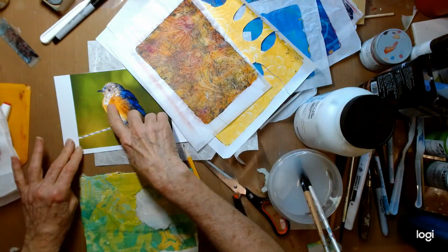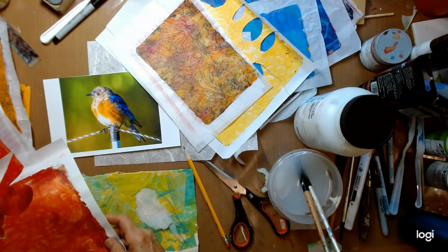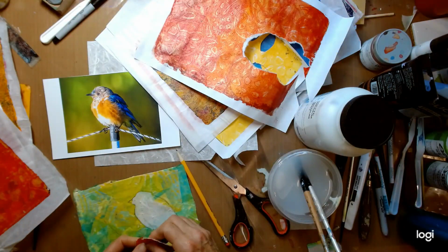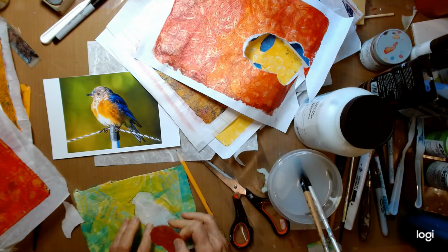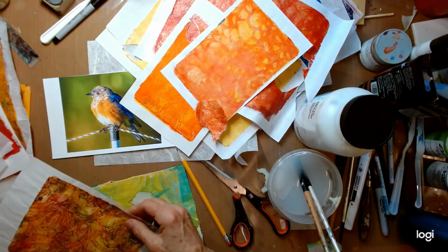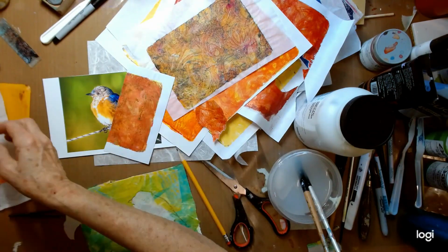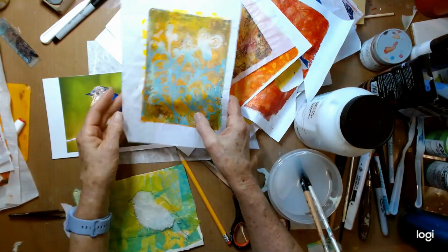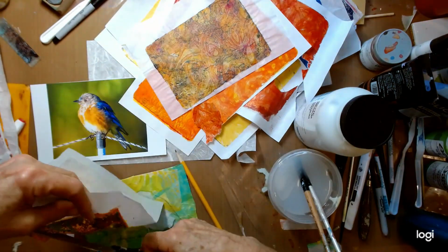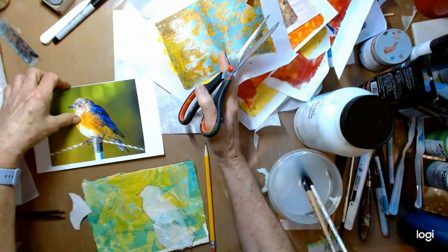So now I am thinking and I'm going through all of my papers. I put aside all of these papers trying to decide which one is going to work for me. So here I'm trying out a color, and sometimes I'll try out colors that don't end up being the color that I'm going to use. So I'm trying out different colors. I am pulling, thinking. So I really like that color for the underneath green feathers, so I'm going to pull out some of those,